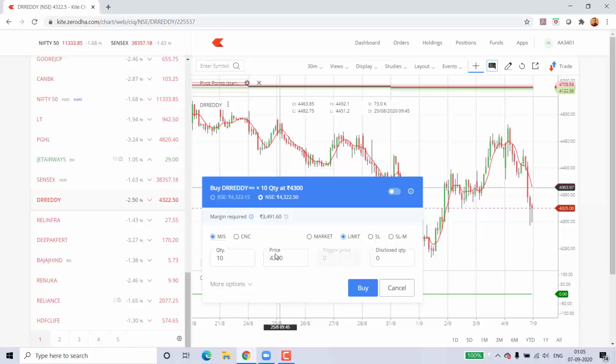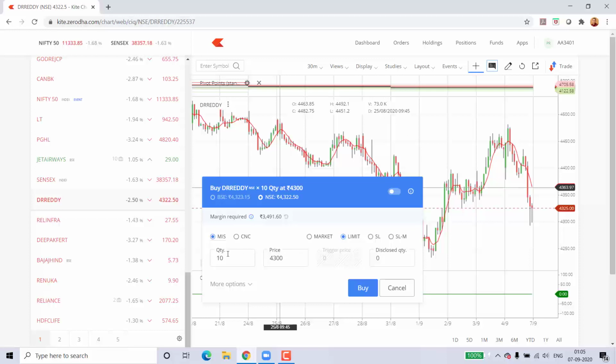If you have bought 10 shares at 4,300, which is the price, and obviously as a margin requirement, you might have paid the lesser amount, I'm assuming around 10,000 rupees, it would simply mean that for 10,000 rupees you are buying something worth 43,000 rupees.